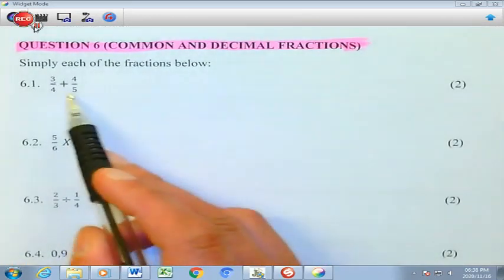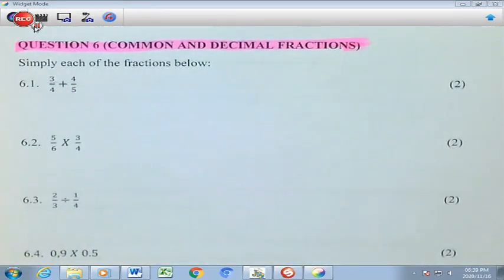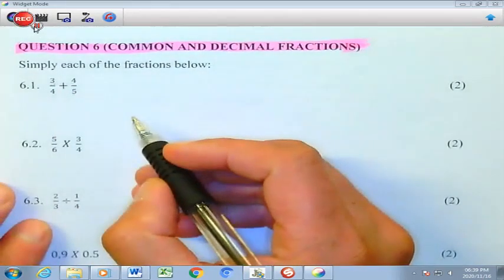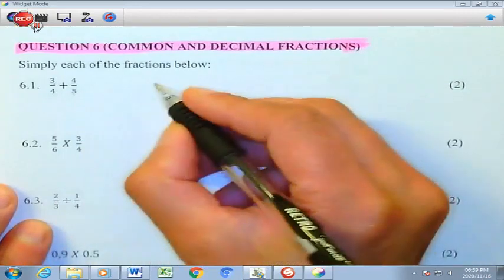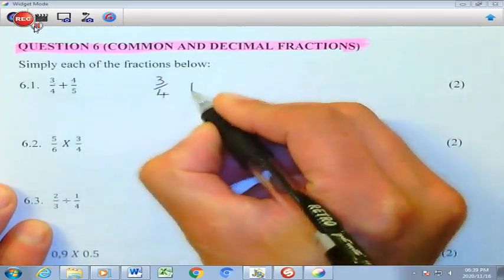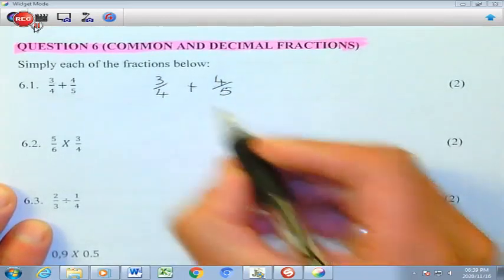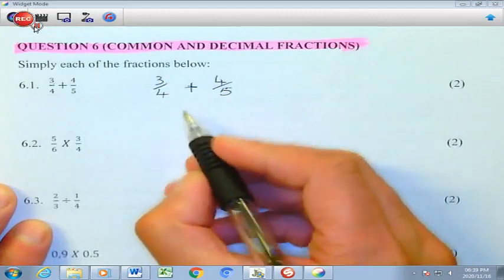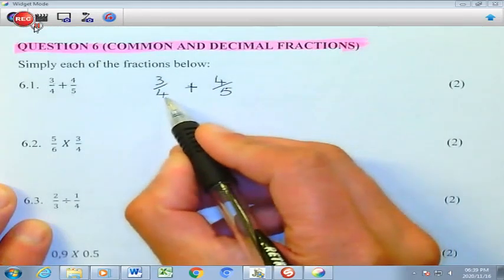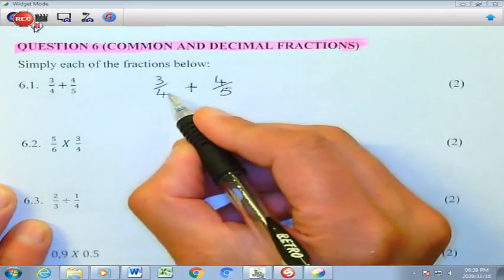Here at the bottom, between the 4 and the 5, you have to find the lowest common multiple, the LCM. And I'll tell you what that is. So the first thing that you must do is always write the sum down. So 3 over 4 plus 4 over 5. Right. And then you are going to create the lowest common multiple,